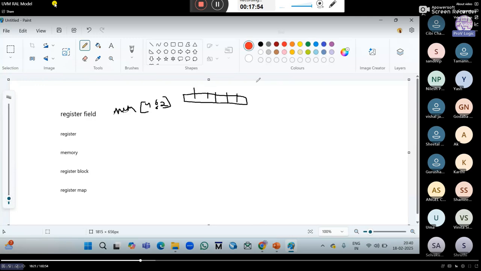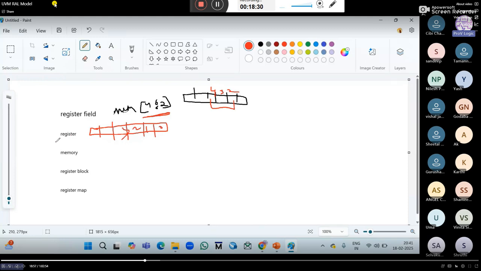Only these elements, 4, 3, 2, we are taking here as a memory. Try to draw from your side also. So these are the fields we have selected in a register. This register size will be the 8-bit register size. Zeroth location, first location, second location, third, 4, 5, 6, 7.